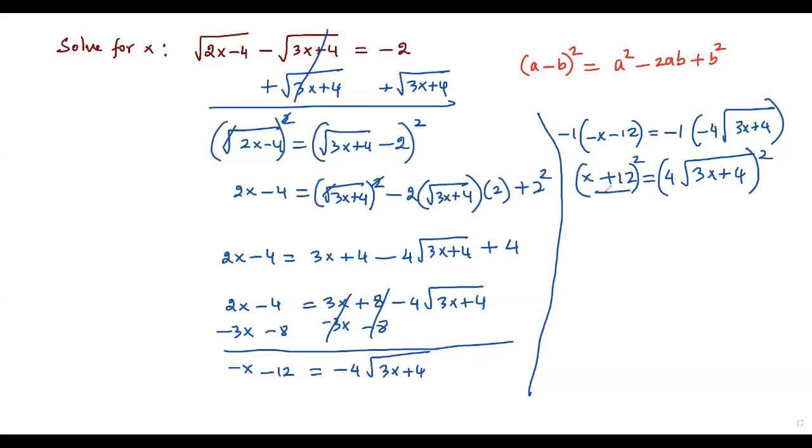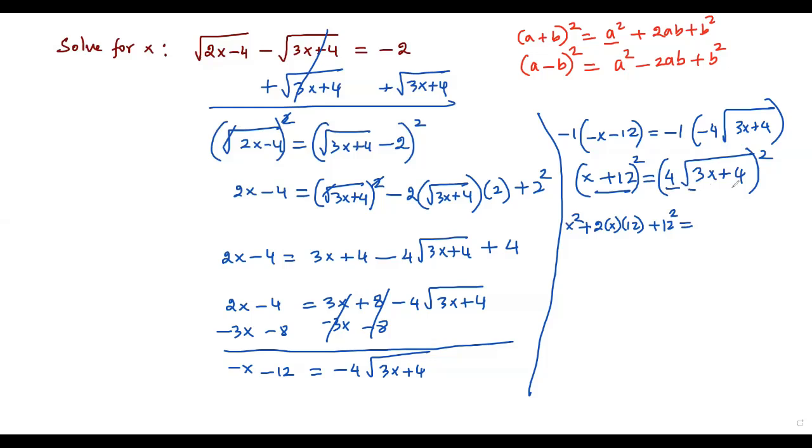So here again, it is in the form of (a plus b) the whole squared. Just now we discussed the expansion of (a plus b) squared. It is equal to a squared plus 2ab plus b squared. Since we have a positive sign between a and b, the 2ab has to be positive. So to expand this one, in the place of a we take x, and in the place of b we take 12. Okay, let me do it. So x squared plus 2 times x times 12, that is 2ab, plus b squared means 12 squared, equals